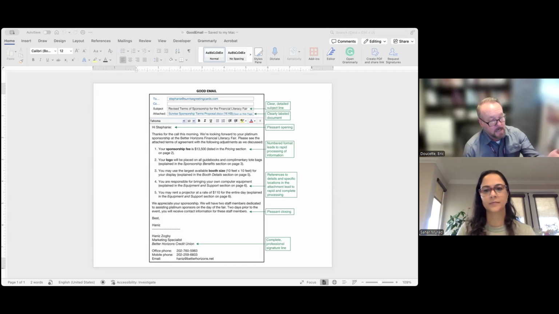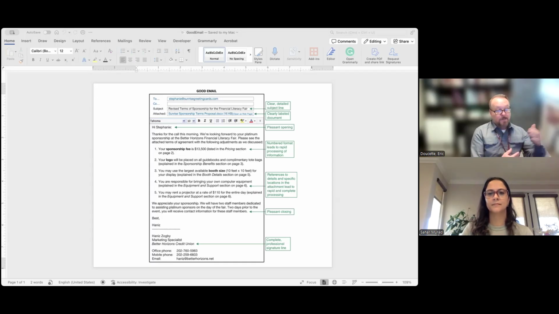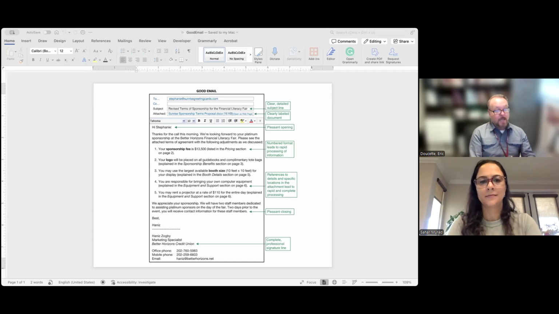But notice this email has a salutation, which is "Hi, Stephanie." They use a colon to end the salutation. A lot of people in emails don't use salutations. It almost feels like instant messaging or texting, so they just type the message. But in a business email we should utilize the opportunity to foster goodwill by greeting the person we're writing, making it clear who it's addressed to,